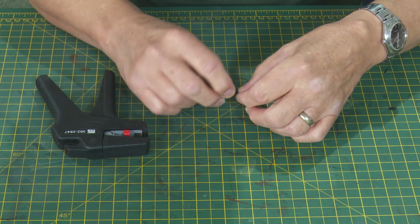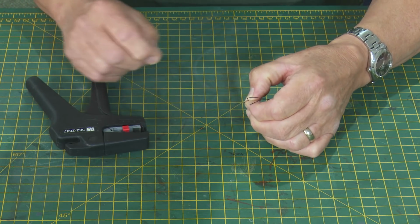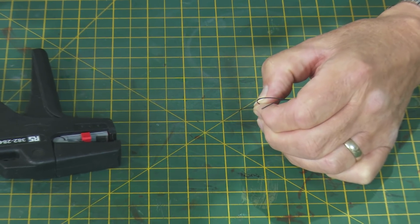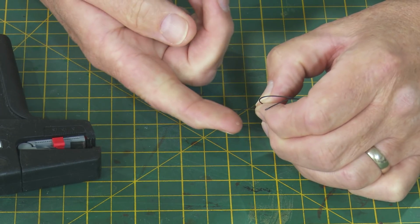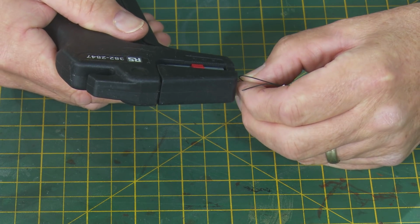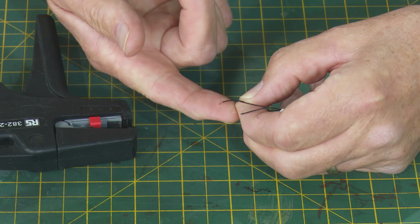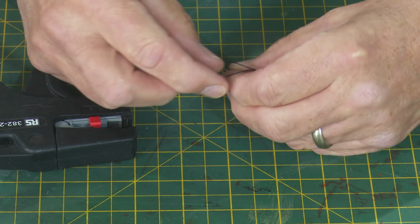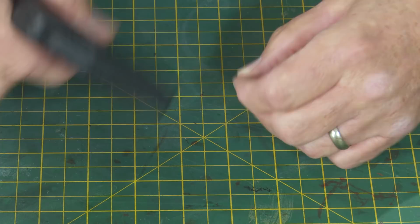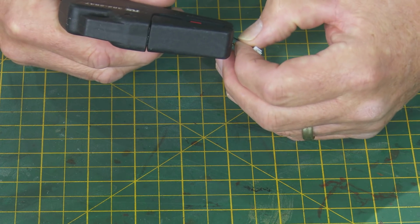Now, I need to cut back some of this, and this is a tiny little cable. I'm not too sure even if we can zoom in on this. Let's have a look. Anyway, come back in here with these, and I want to cut off a couple of millimeters, and then hopefully you can see how useful these wire strippers are. Same on the other one. Obviously we're going to shorten this cable a bit because there's going to be an overlap with the solder,